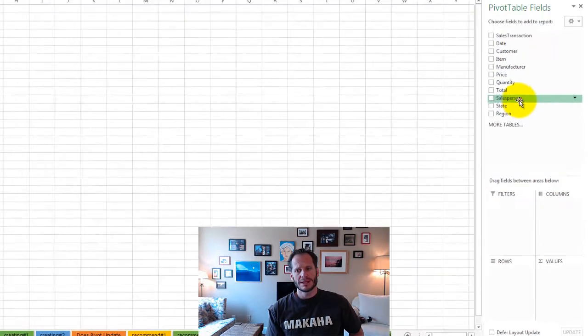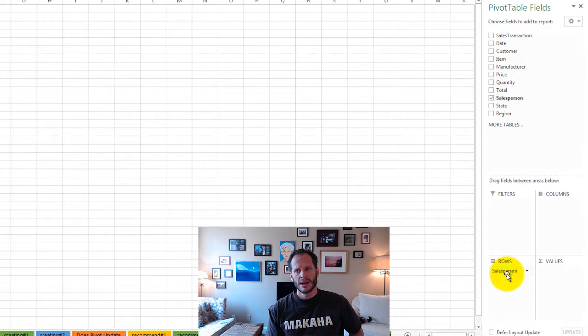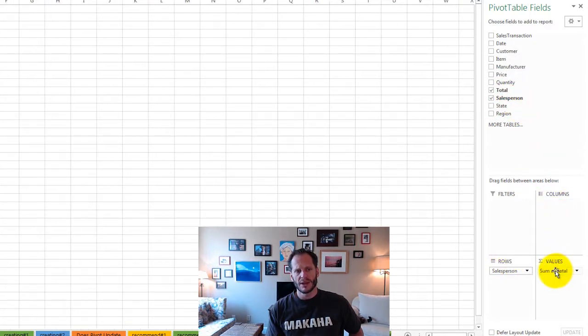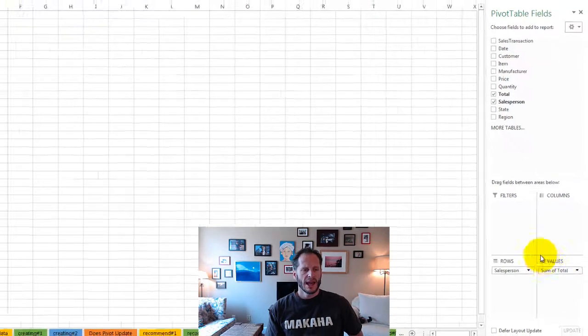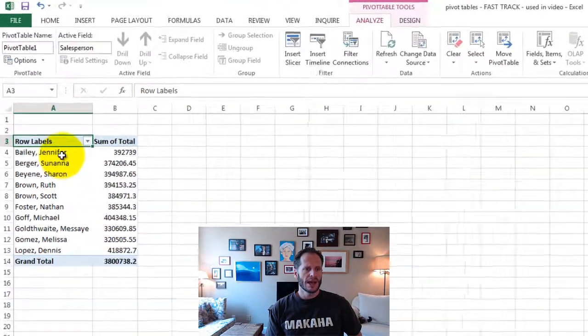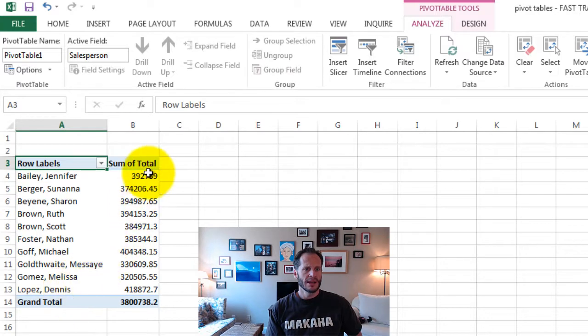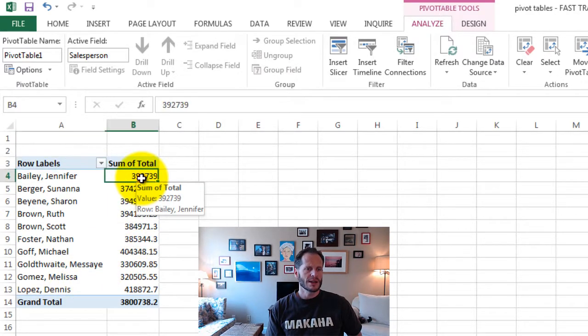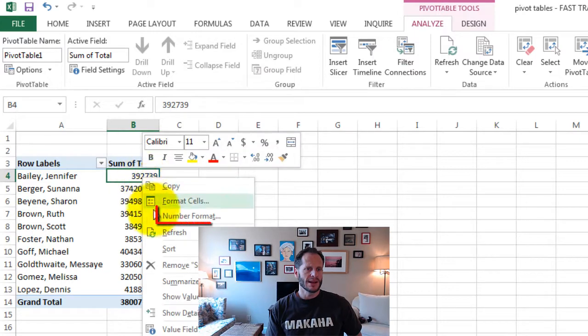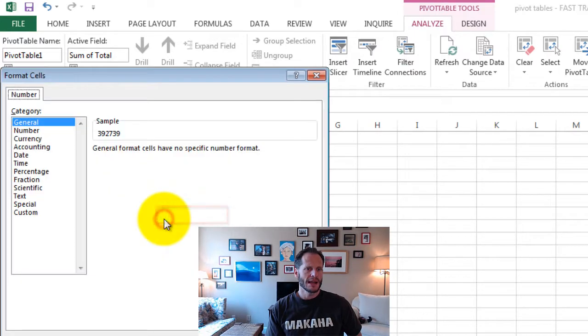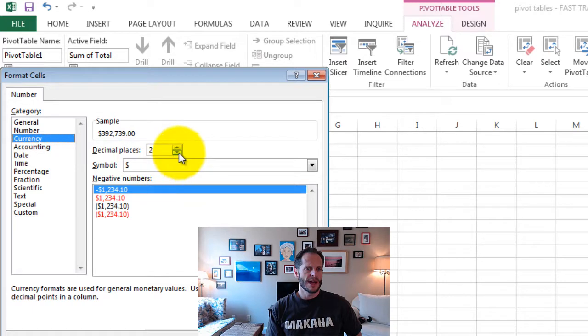So let's bring salesperson down here and let's bring total over here. Total again was the total value of the transaction. And look at what came up so quickly. We have all of our salespeople, and over here we have the total of all of their sales. I'd rather see that as dollars, so I'm going to right click in that column, choose number format, and then go to currency